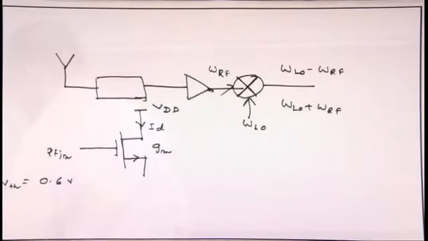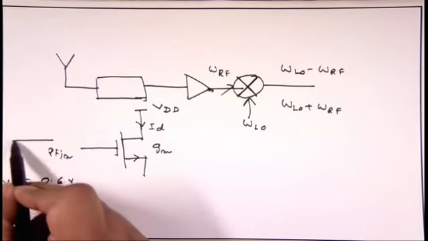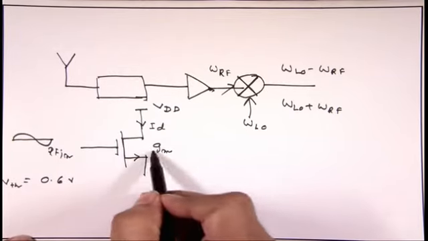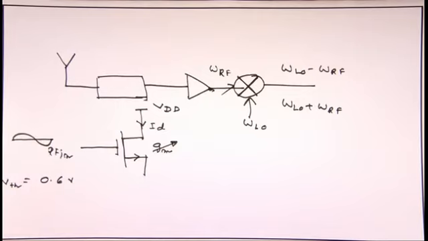So, if you bias it at its, say, threshold level, then the input signal's role is to modulate this gm, right. So, it will modulate the transconductance, that means it will vary the current sinusoidally, or whatever be your input RF, it will try to accord that variations. So, you have been able to modulate the current with the same frequency as your RF in,